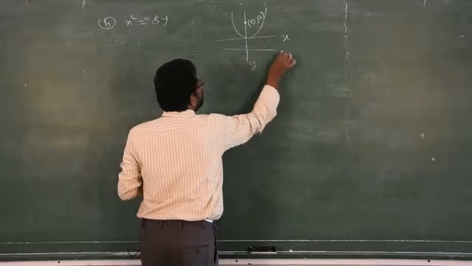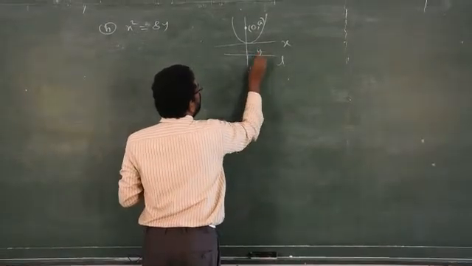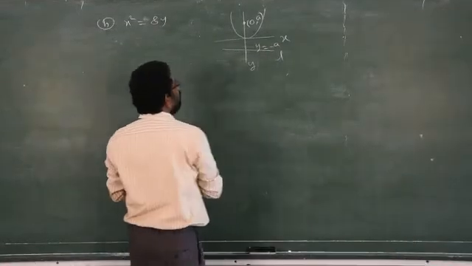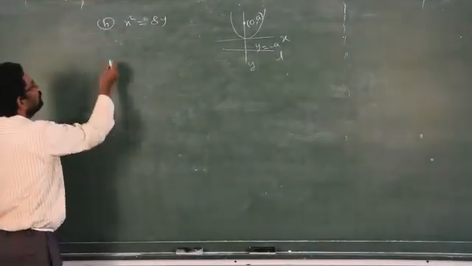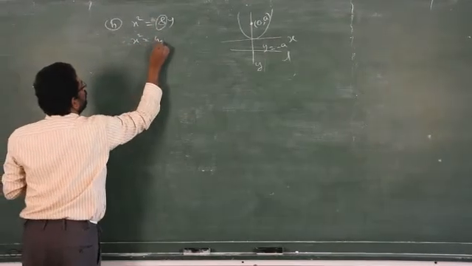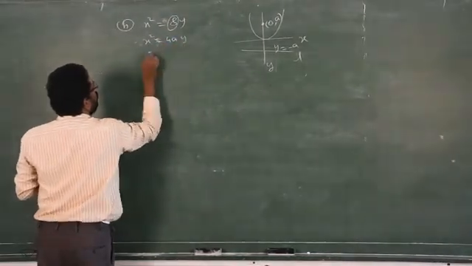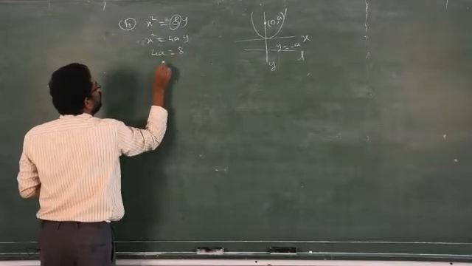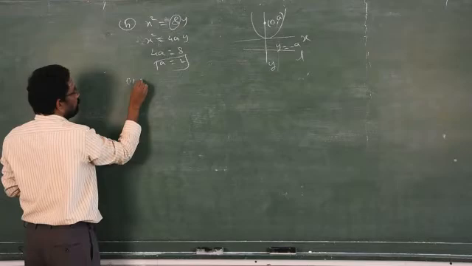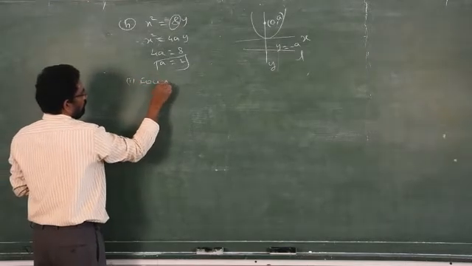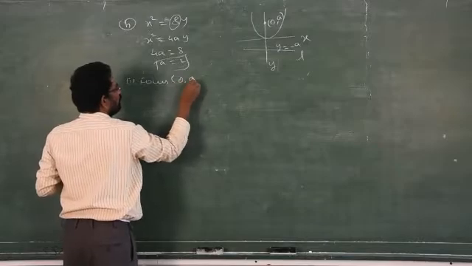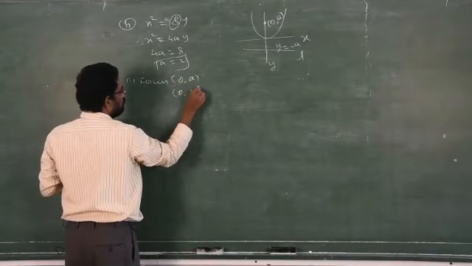Then the characteristics, the directrix. What will that be? y is equal to the opposite of plus a, that is minus a. Now you have to find out, I told you already, this is replaced by always 4ay. Then 4a is equal to 8, a is equal to how much? 2. So after that you have to find first the focus. What is the formula to find the focus? (0, a). So (0, 2).